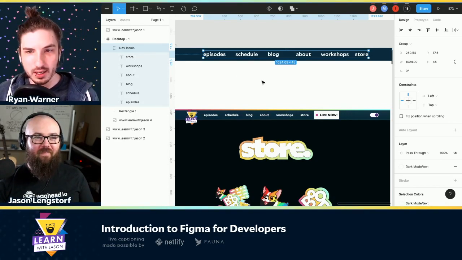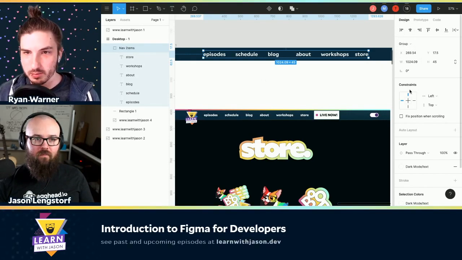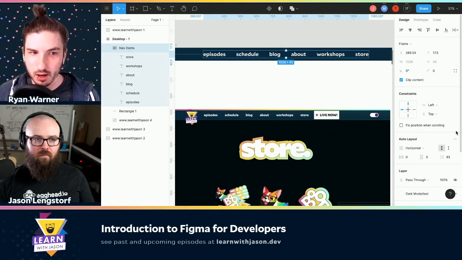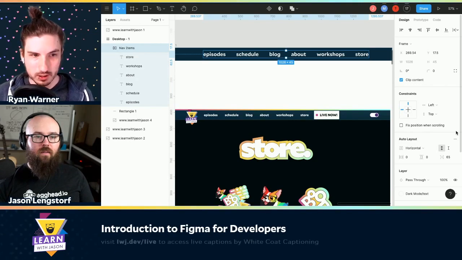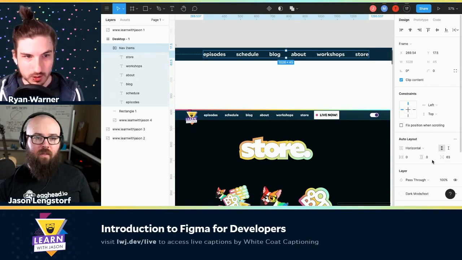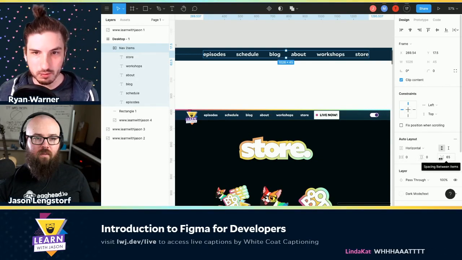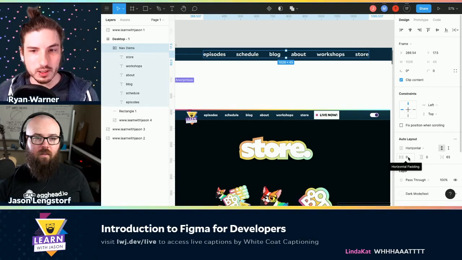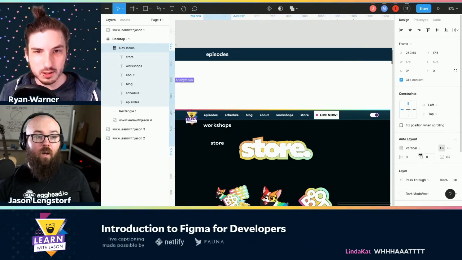And on the right-hand side in the design panel, there is a button about in the middle, vertically, called Auto Layout. Yeah. So if we click this, we're going to see a couple things happen. So our spacing just tightened up, just tidied itself up automatically for us. That is awesome. So it just inferred that based on the total width of all of our nav items. And then, you're exploring some of the new options that we have that were previously not available. So horizontal is what we want here.